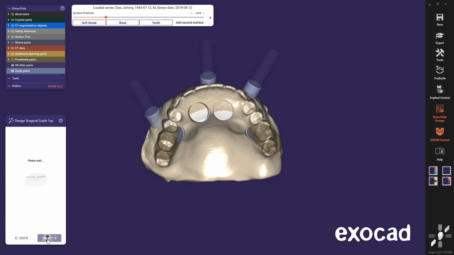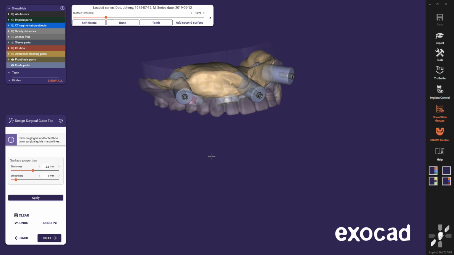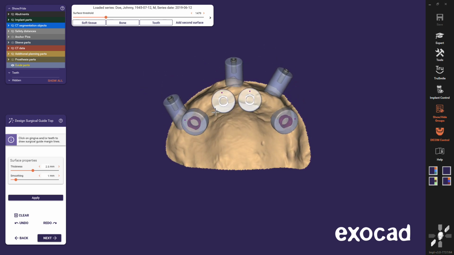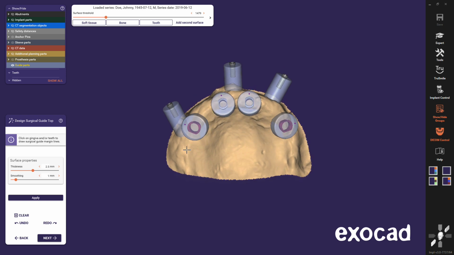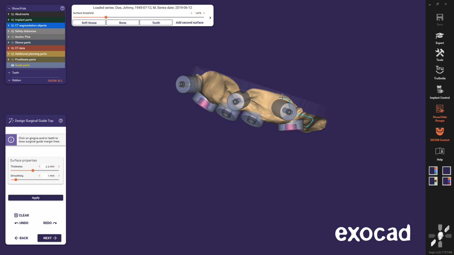I continue with Next and can now draw a curve to mark the outline of my guide. As a help, the prosthesis mesh is shown, but if you don't need it as a guideline, you can easily hide it by using the hotkey Ctrl plus mouse wheel. You can use this hotkey to hide any mesh object in the 3D view. Place the mouse cursor on the object you want to hide, hold the Ctrl button pressed and click on the mesh object with the mouse wheel.